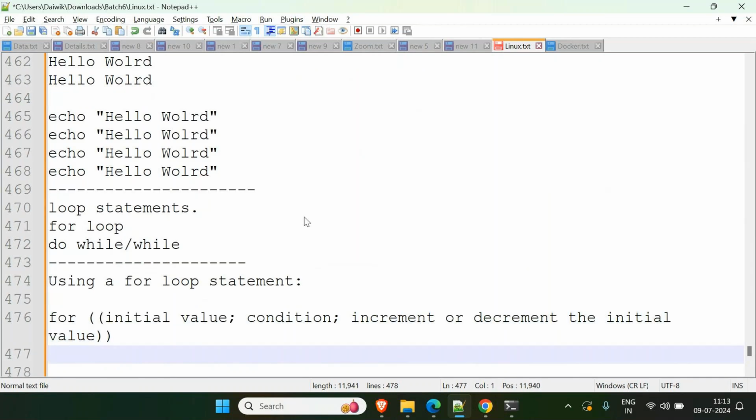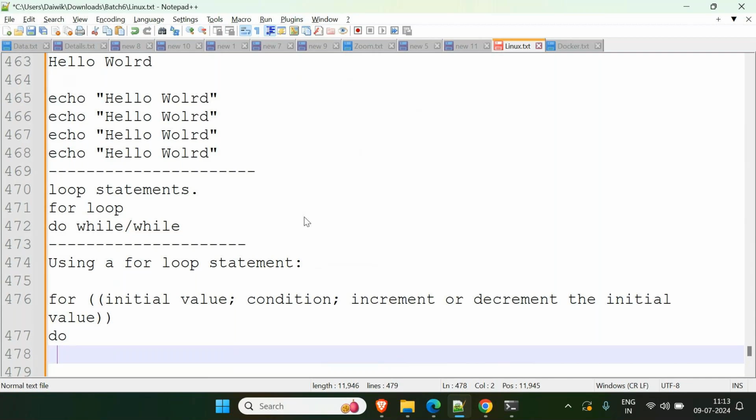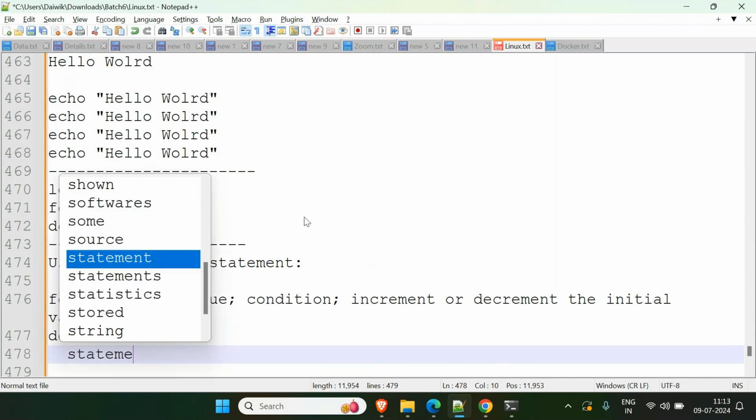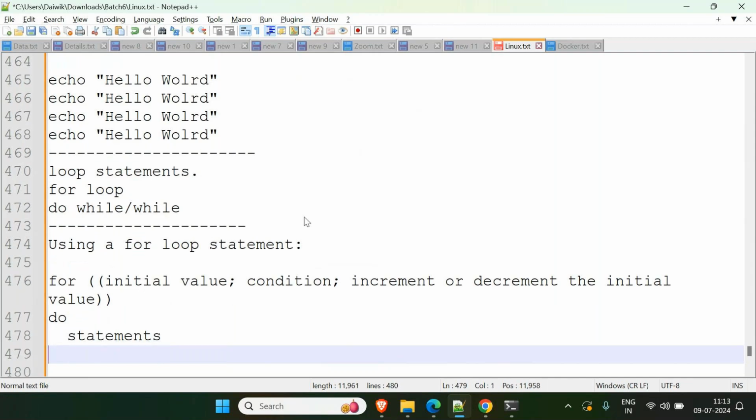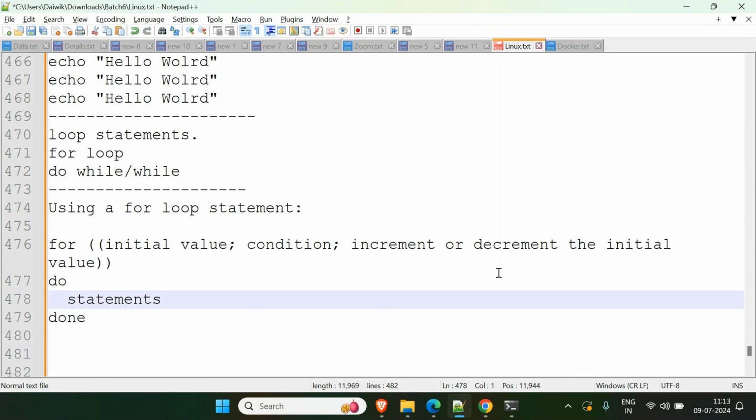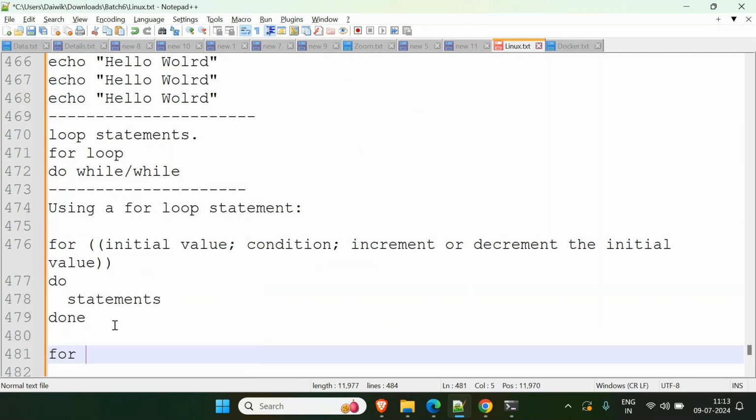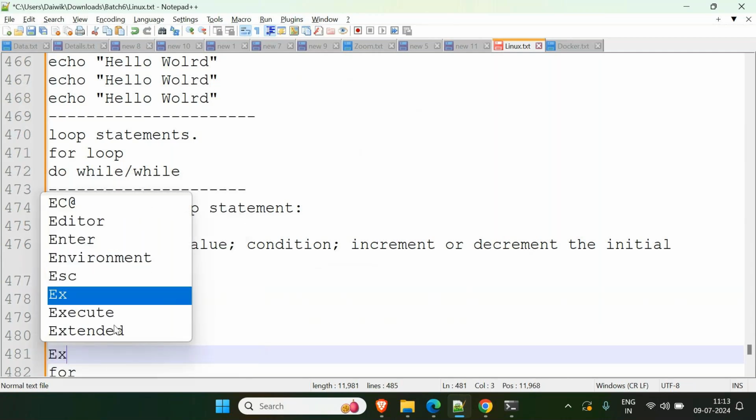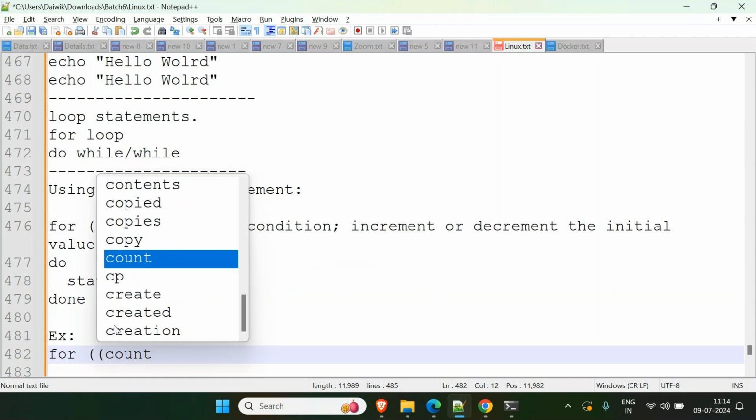How does it start? First you write do, then the statements which you are interested in doing. And then once you did, you say done. This way you have to write. Whatever you want to repeat, as long as this condition matches, you can repeat it. Example I will give. For example, for, initially I will use a variable. You know the variable, what is a variable? You take any name, assign it a value 1,